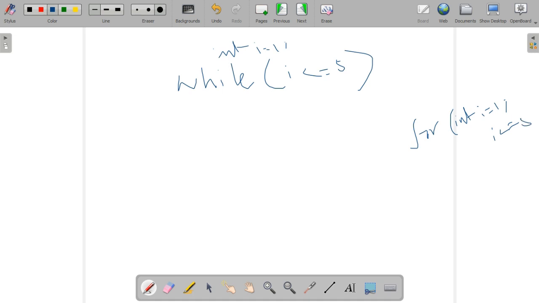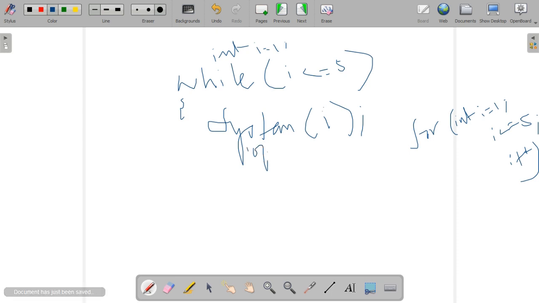And one more thing: in the for loop we are initializing int i = 1 in the same statement. Initialization, semicolon, i <= 5 and i++. These all are in the same statement. But in the case of the while loop, we have to initialize first, then use the condition, then the next update expression or whatever conditions we can write.